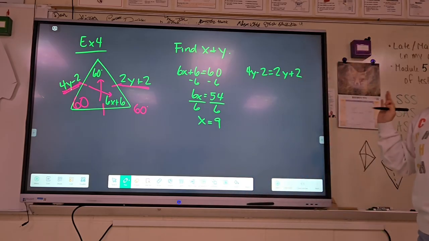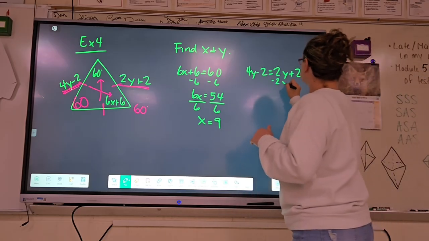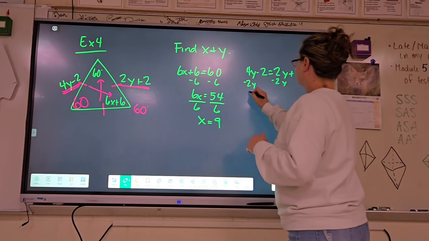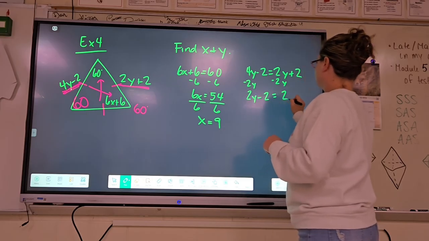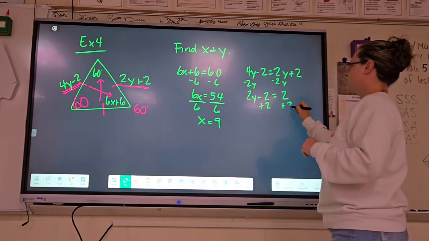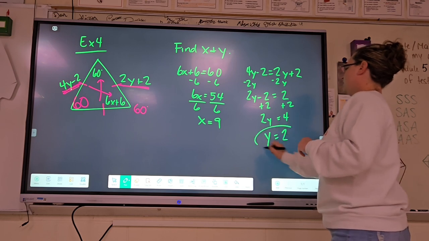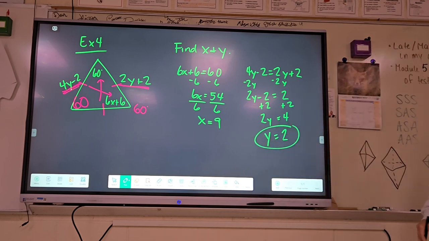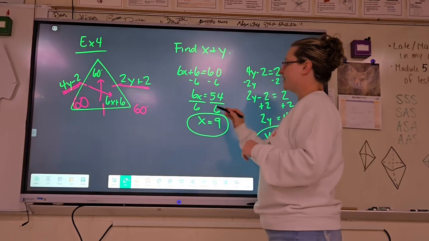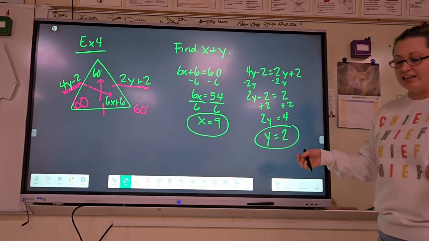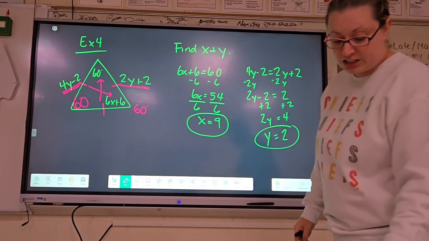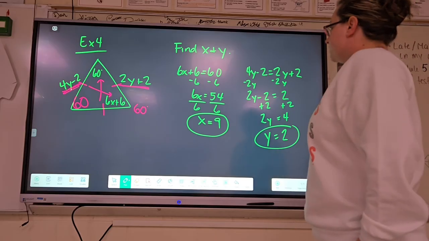And I can solve that out. Subtract 2y. Add 2. And then divide, and you get y equals 2. So there's your two answers. They didn't ask us to go any further and plug anything in, but we could do that if we needed to. All right, then